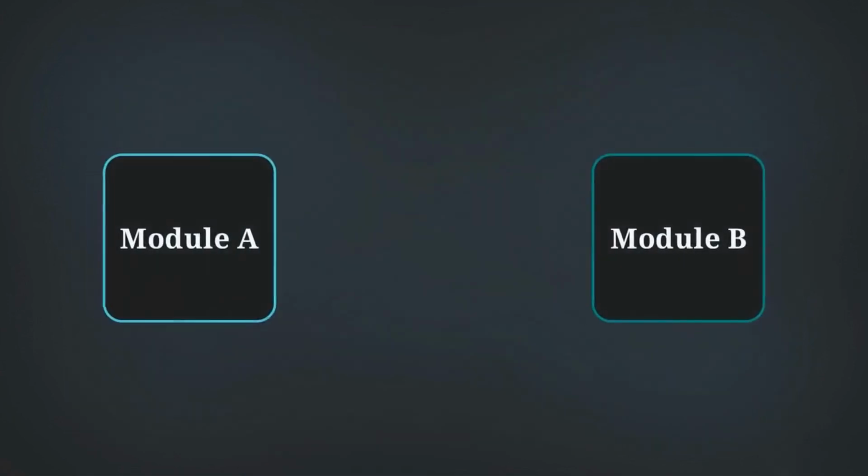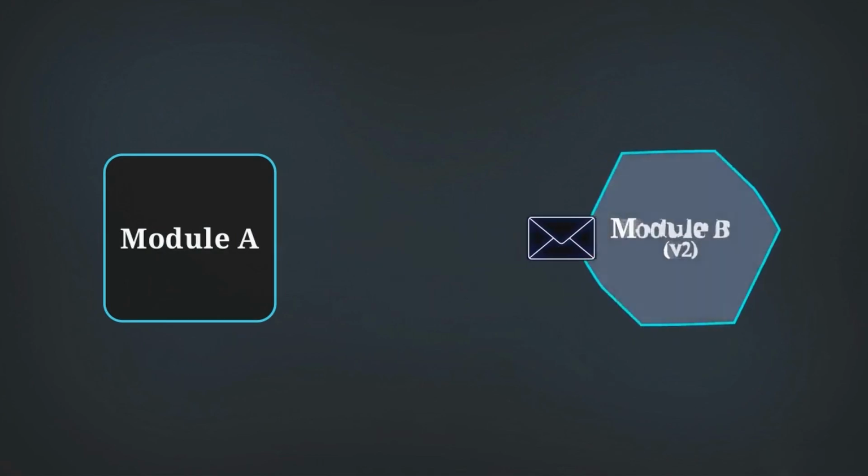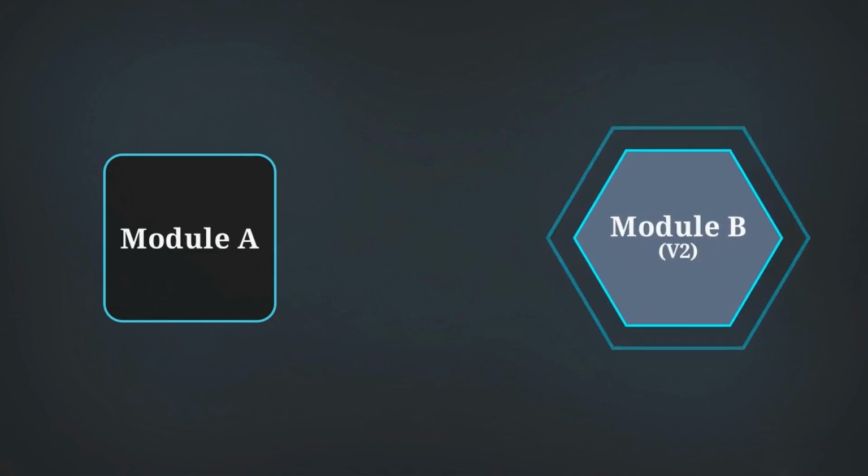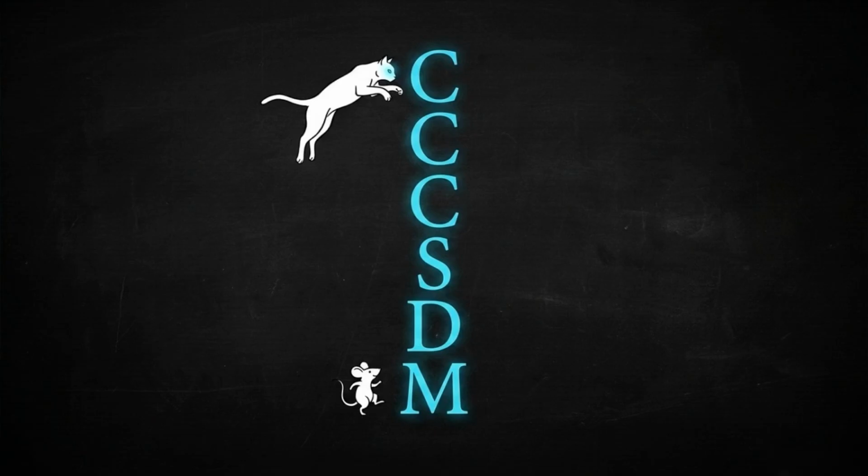Using minimal data and message requests creates a system where underlying modules can be entirely rewritten without forcing changes on the rest of the application. To permanently remember the sequence of coupling from worst to best, use this phrase: crazy cat